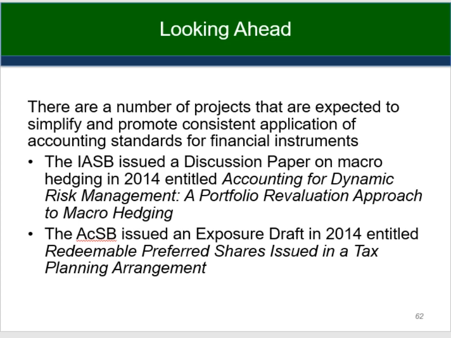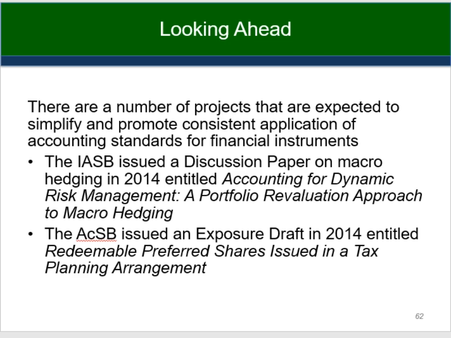There's a number of projects that are expected to be on the go. You can see text illustration 16-12 to compare IFRS and ASPE on the different complex financial instruments. Standards are basically similar, except that ASPE allows the option to measure the equity component of compound instruments at 0, so they put it all into debt, or to measure the component most easily measured first and apply the residual value to the other component. IFRS essentially requires the debt component be measured first, with any residual value being assigned to equity.